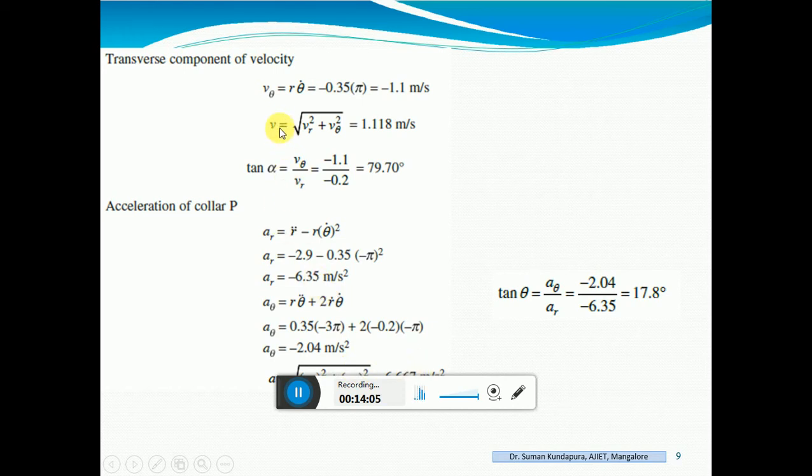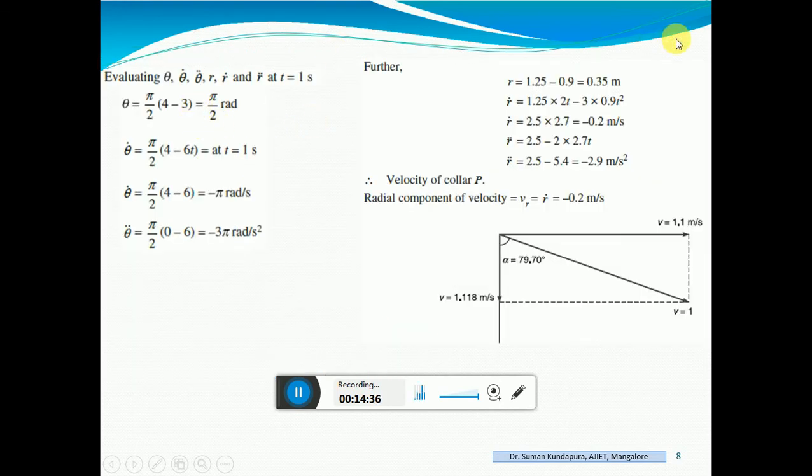Whereas velocity is found out by using the transverse component of velocity as well as the radial component of velocity squared. You will get the total velocity. So in order to find out the individual radial component as well as the transverse velocity component, you need to know the formula. V theta is equal to R into theta dot and VR is equal to R dot. So find out VR first, that is R dot.